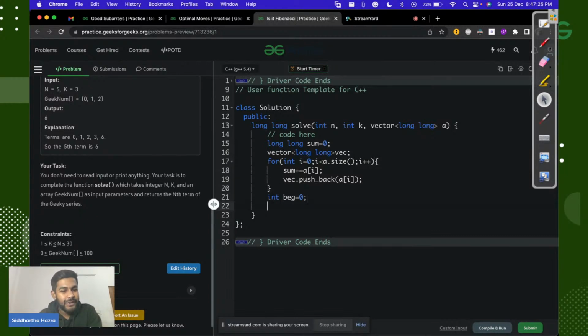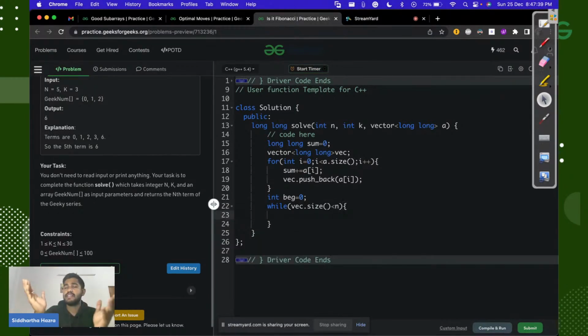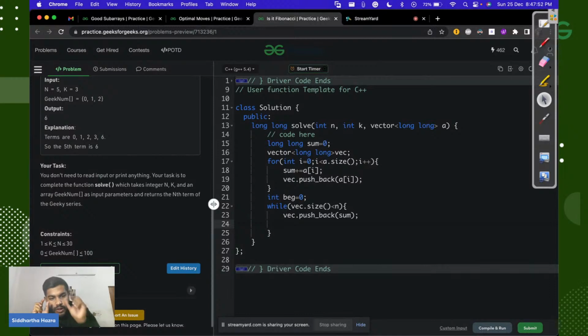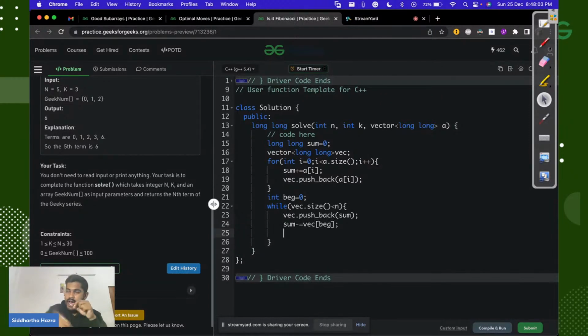Okay, so now what we would do is we would say while we don't have n elements, till we have not found the nth element, we would simply keep doing it. So now what we would do is vec dot push back the current sum of the previous k elements. Now remove the first element, so sum minus equals vec of beginning. Remove the first element, add the new element,